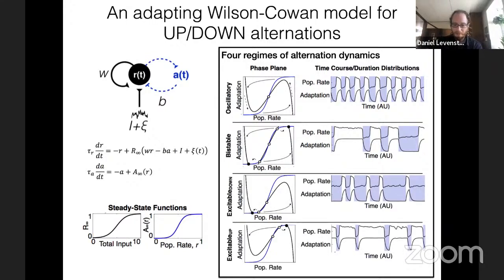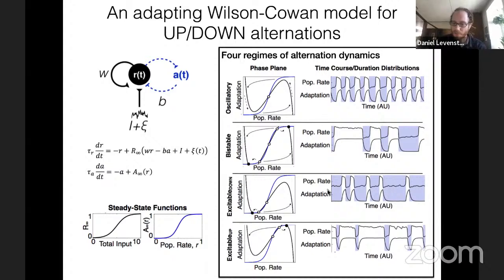And then finally, we have 2 regimes which are excitable. In each of these regimes, we have a single stable fixed point, but again, you're close to the saddle point. So noise can kick you over into the right or left branch of the R-null-Klein, before which you kind of cycle around and come back to the stable fixed point.